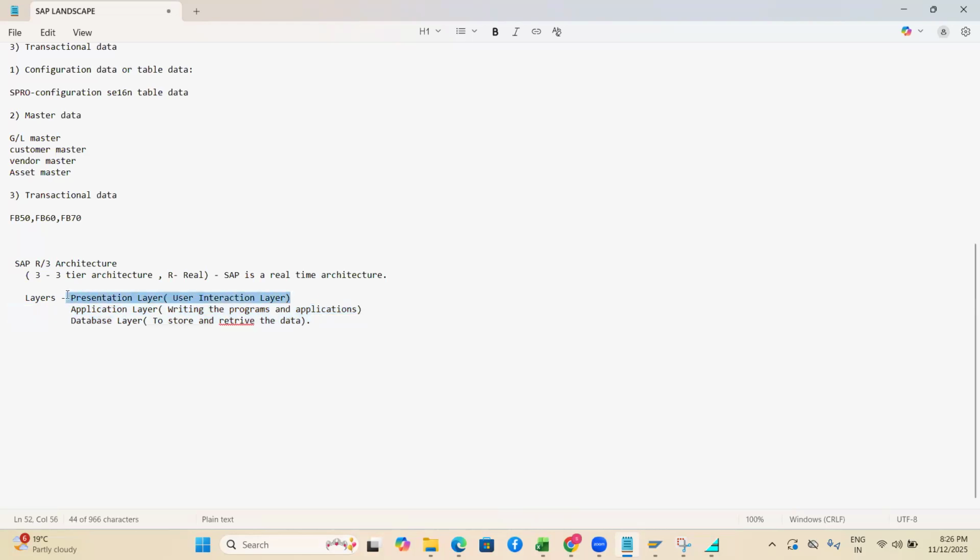What is the presentation layer? The application layer is nothing but the back end screens. At the program level, both systems' data will be stored in this particular database. What is a database? It is the table. The data will be stored in the table. Simply, whenever someone asks me where SAP stores data, it is in the table, and we can say the relevant tables are BSEG,